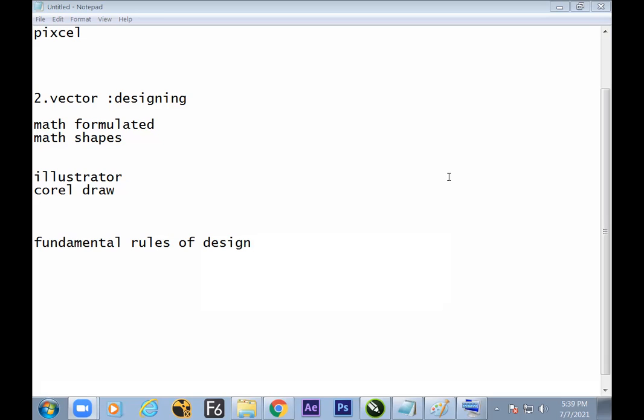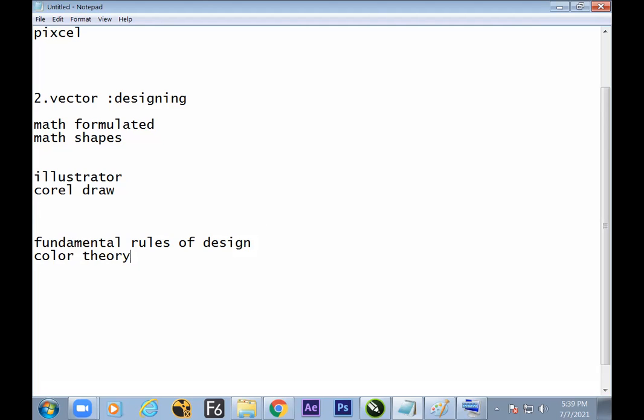What makes a design look like a design is the rules, which are not in the software. I just made you aware so you do not panic. Yes, once you know this has to be learned, we can learn. Now the knowledge is available free of cost. Google it: the fundamental rules of designing. This part has to be taken care of. And the second part is color theory, because software never tells you which color to place where. That is what we need to decide. So this knowledge is not inside the software.